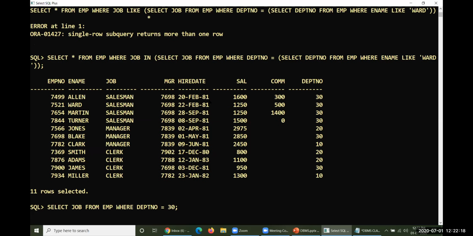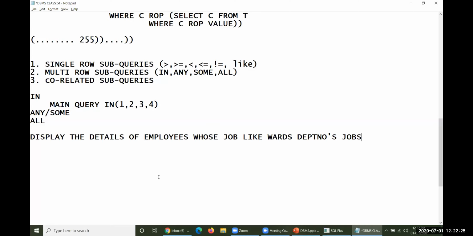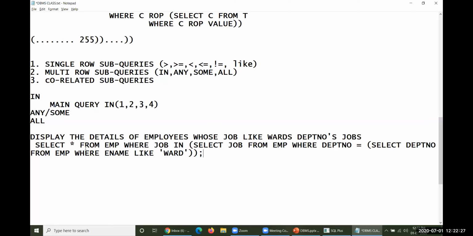Look at this. So let me examine, or let me analyze this particular query for a while by copying this one in here.